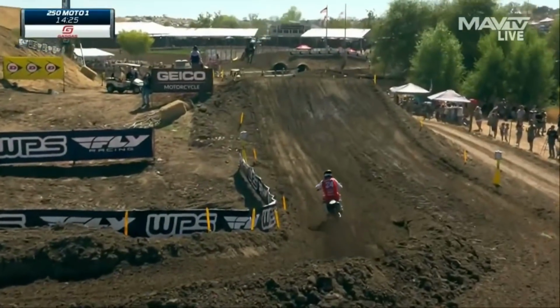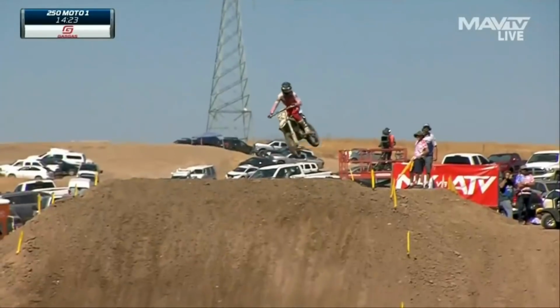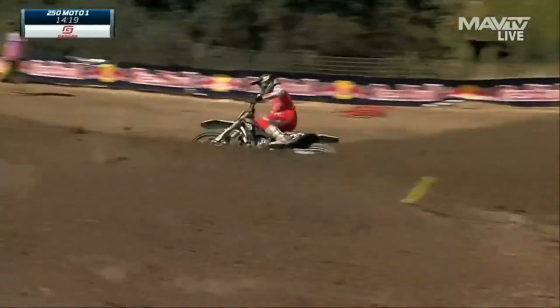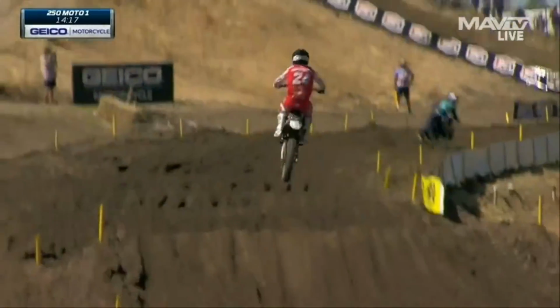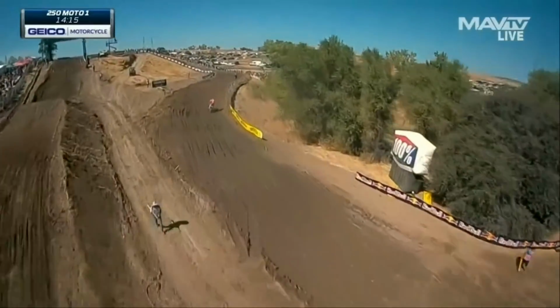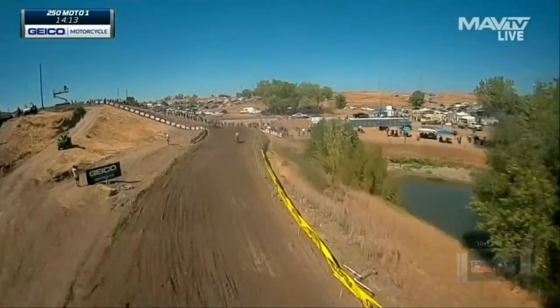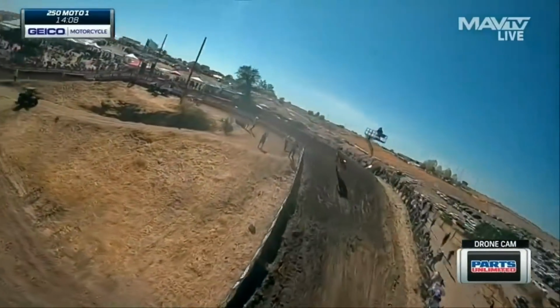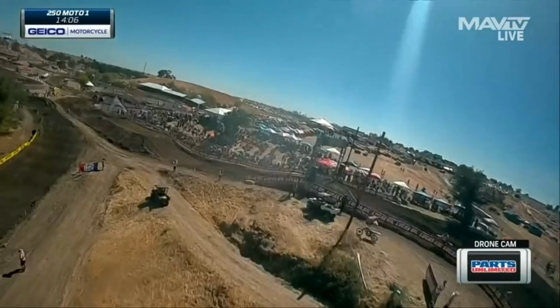So Hampshire told me it has been four weeks that he's had an illness. He's had several COVID tests, they've been negative, but he basically cannot ride during the week. He's tried a few times. He'll do two, three, four laps, and that's all he has in him. He doesn't even know how he's done the second motos the last couple of races. He'll go to the line completely spent, still able to grind out some decent results. With our Parts Limited drone cam,